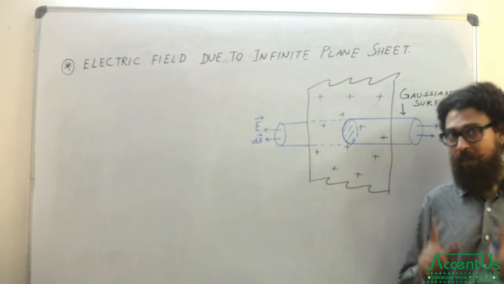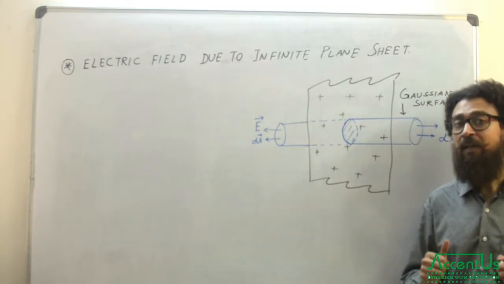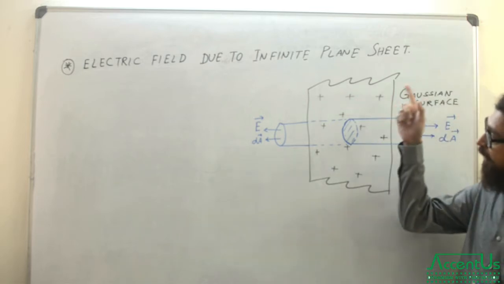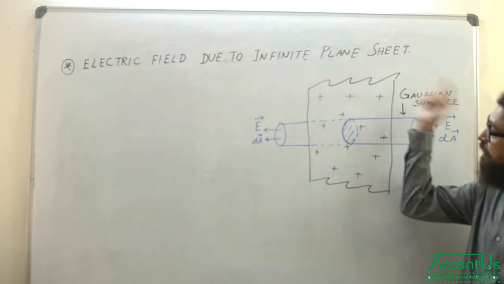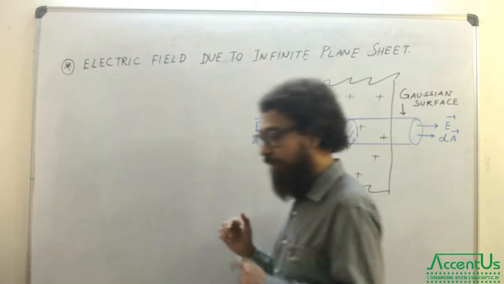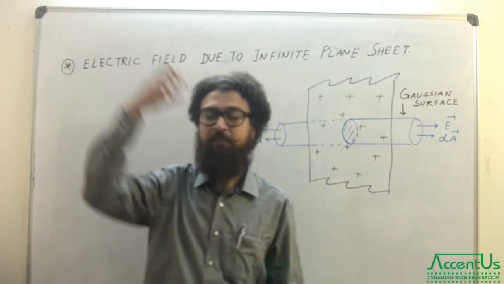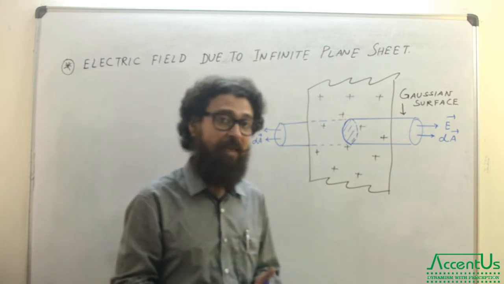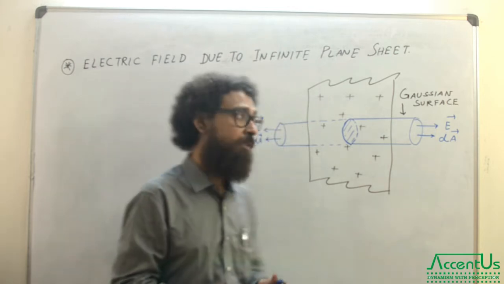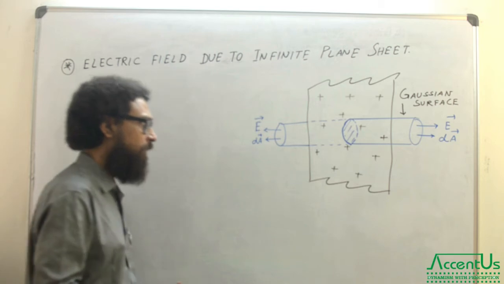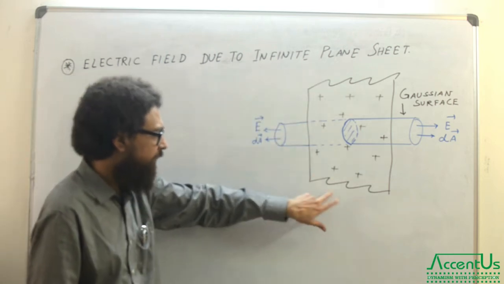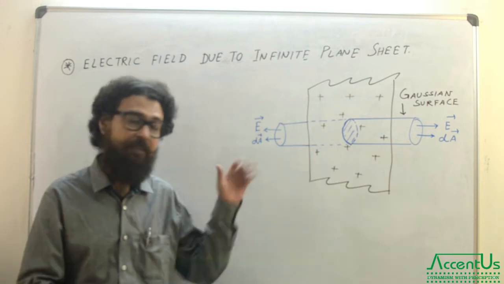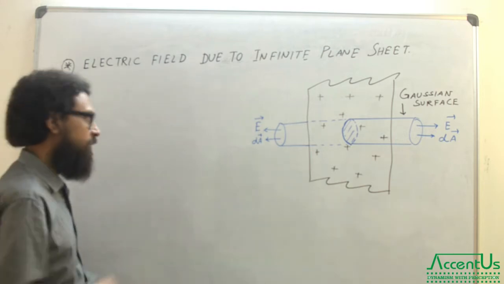Okay, so now we are into another very interesting and important topic: electric field due to an infinite plane sheet of charge. That means we have an infinite plane sheet where we have charges on the surface, and we want to know the electric field due to that kind of surface. So I have drawn the diagram. You can see this is the infinite plane sheet. These are the break lines because it is extended either way to infinity. So these are the charges which are present.